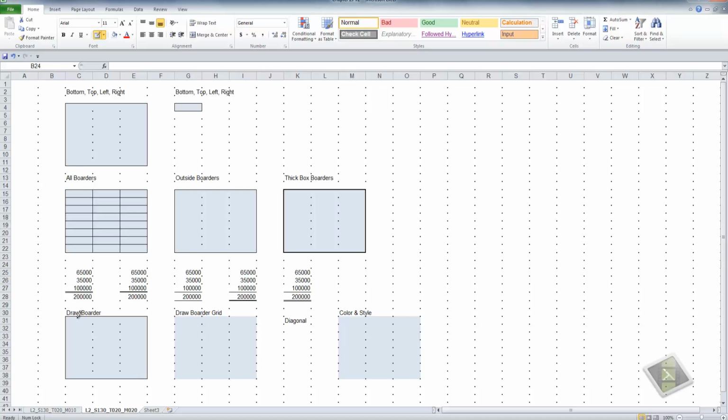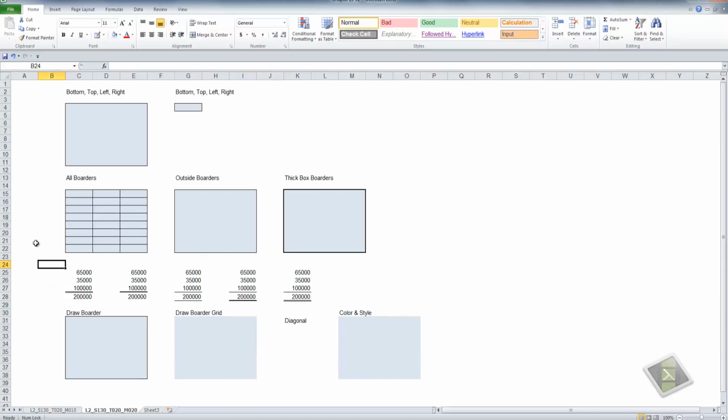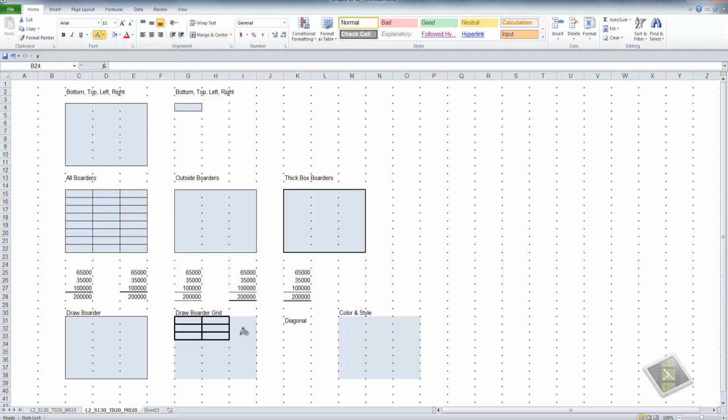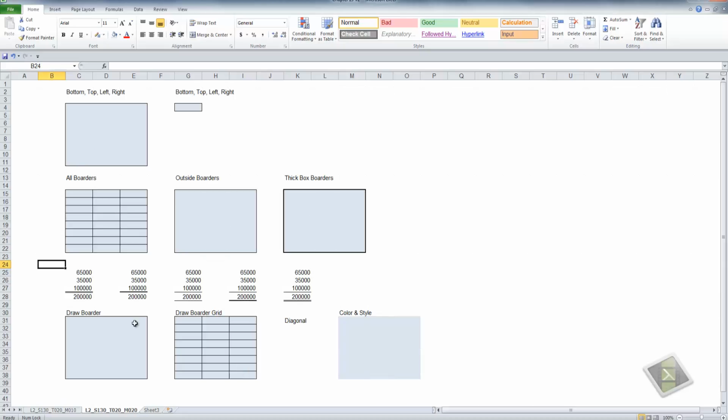I'll release, and I have drawn a border. Escape, so I don't continue to draw a border. I've drawn a border around my selected range. The next option I have, drop down, is to draw a border grid. Again, Excel helps us out with the points of reference of the corners of each of the cells. I'll draw the grid, escape, and just that quickly, we draw a grid in whatever range we select after we